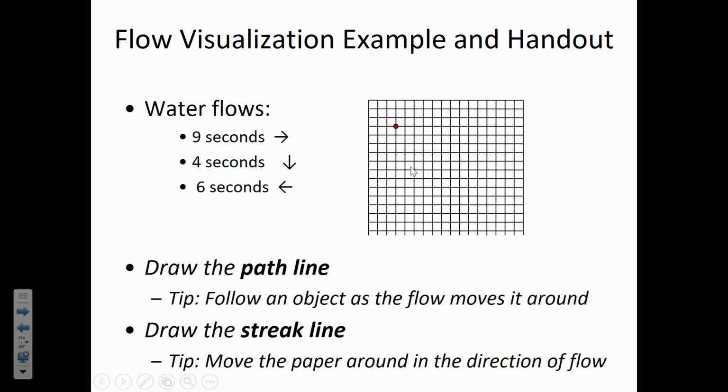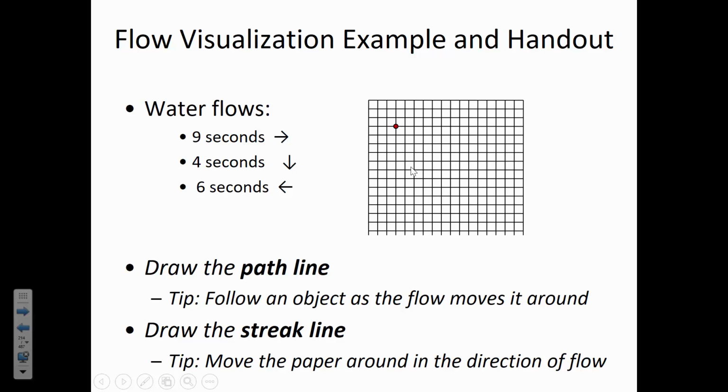Streak lines are a little bit less obvious. And so the suggestion that I usually make to draw a streak line is, instead of moving your pencil or pen, move the paper in the direction that's indicated by the arrows. So what I mean by move the paper is, we're saying that the paper represents the flow field, and we're injecting some tracer at the same location. And so if you move your paper to the right for 9 seconds while you hold your pen steady, and then you move the paper down for 4 seconds, and then you move the paper to the left for 6,